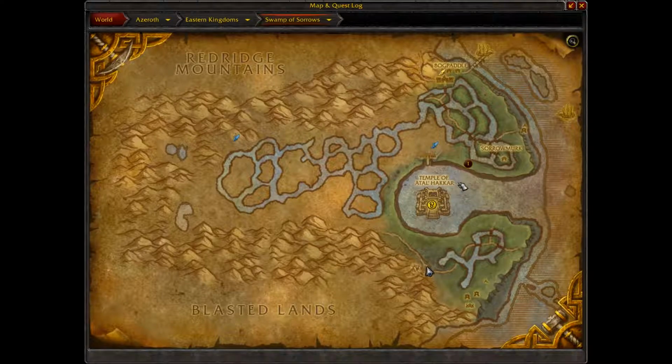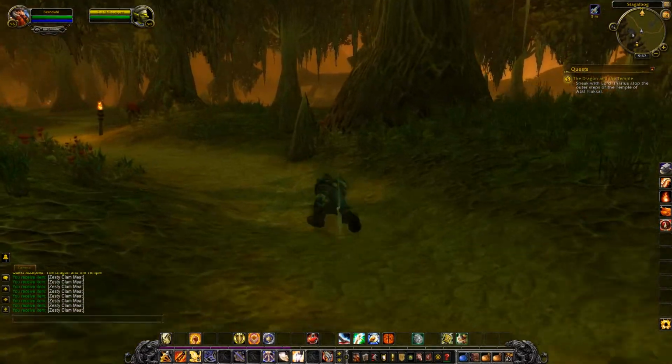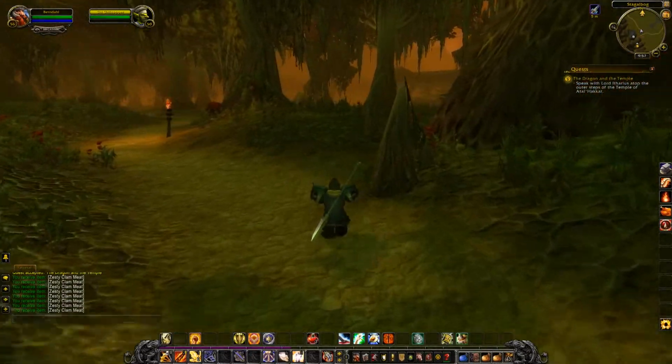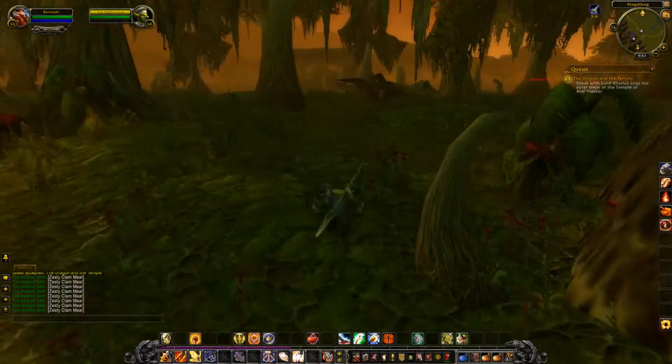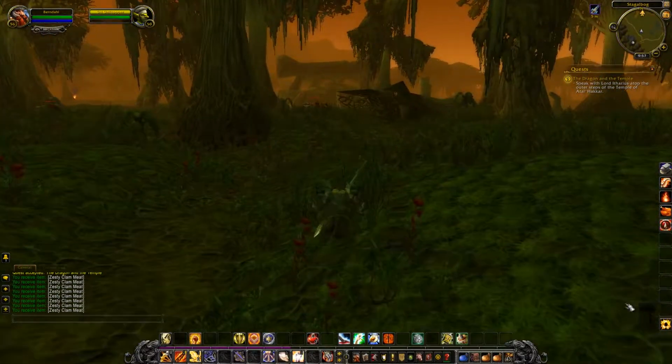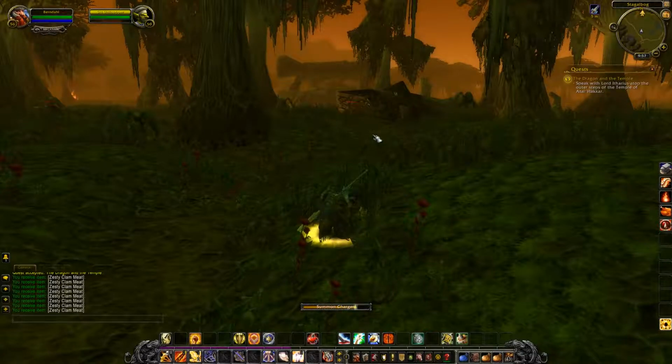The Temple of Atal'Hakkar. I recall, if I'm remembering this right, there used to be a quest line here pre-Cataclysm. This used to be a dungeon, I think, and there were some class-specific items that you could get there. I don't remember exactly what. It was a long time ago, but...